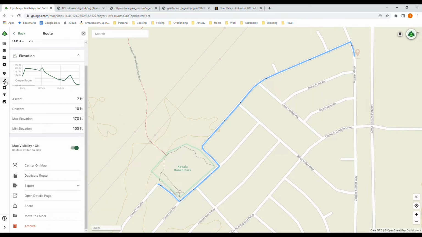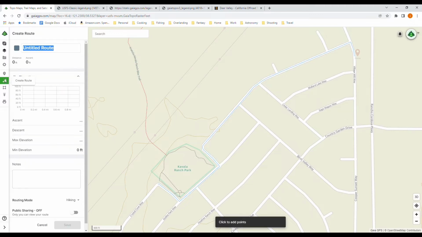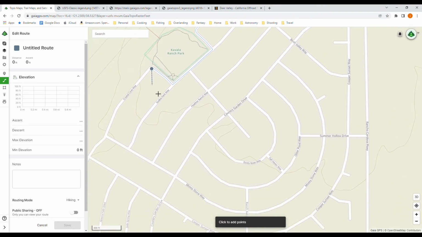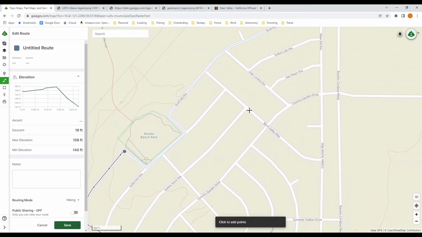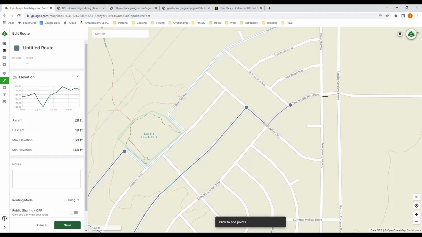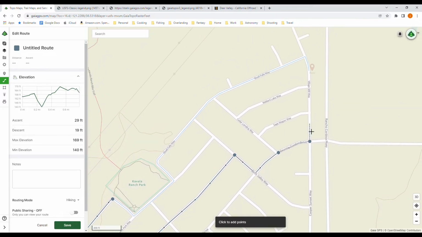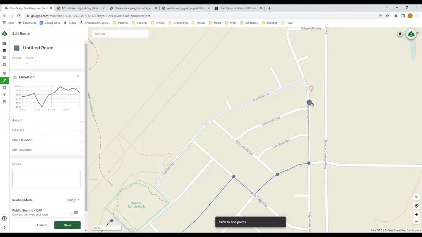I'm going to create a new route, and I'm going to have it be a return route, but I want to return a different way. So I'm going to start where I finished there. I'm going to go here, I'm going to go here, back to here, and then to here, and then to here, and back to my house here. So now I've got a return route,